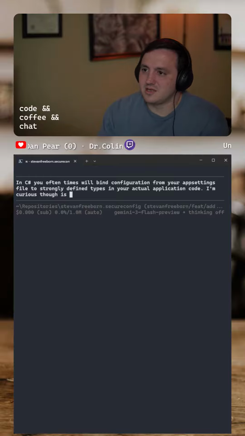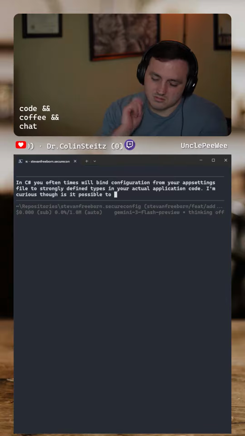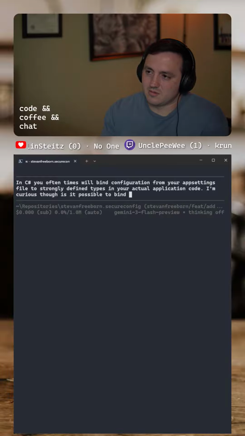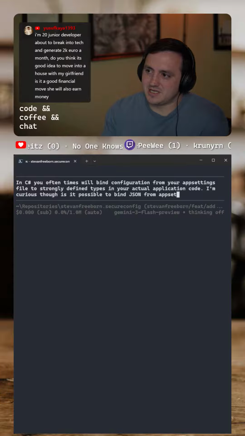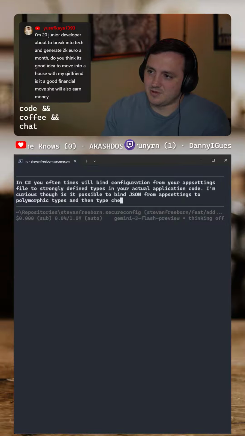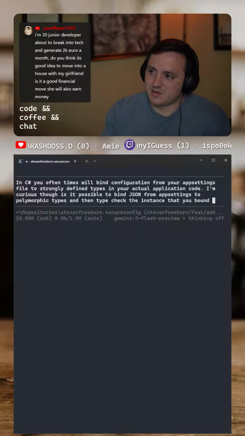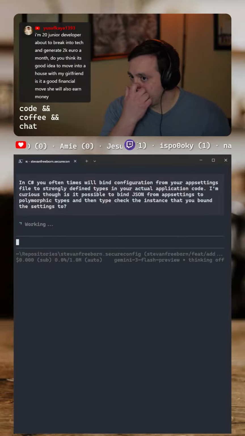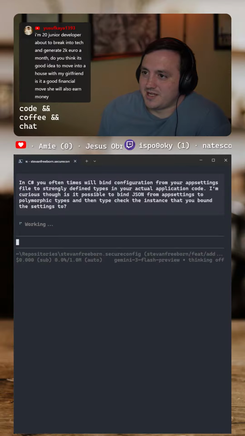Is it possible to bind JSON from app settings to polymorphic types and then type check the instance that you bound the settings to? Let's see. I don't even know if what I wrote there made sense, but